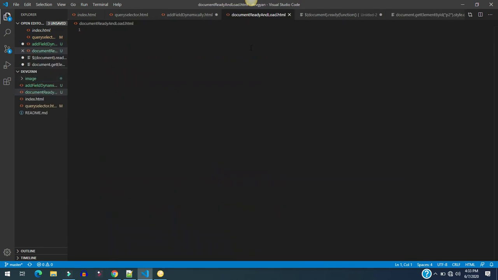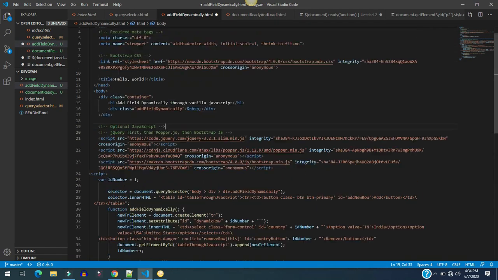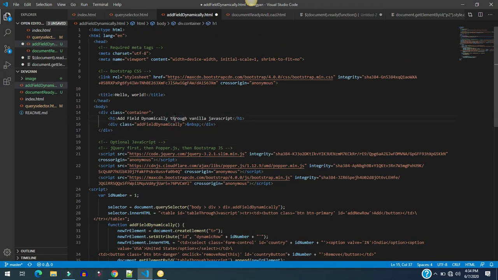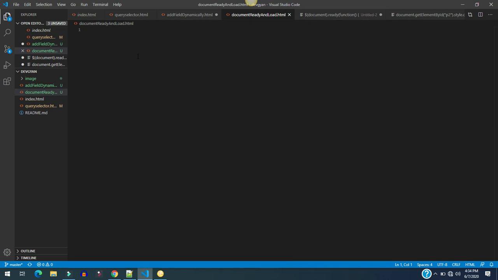Here I have created one file, document ready and load.html. You can also find this code on GitHub. I will try to put the GitHub link so that you can see the code. It's very simple. Let's write some HTML. Since I have already written something here, I am going to copy from there and remove the unwanted elements.